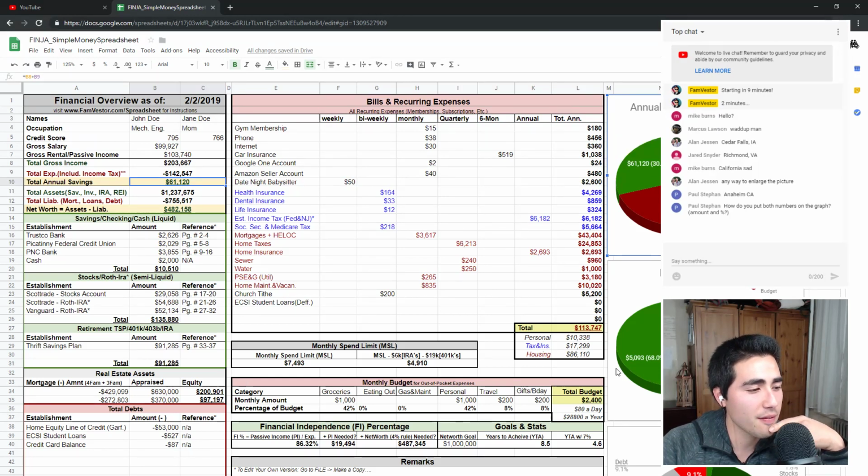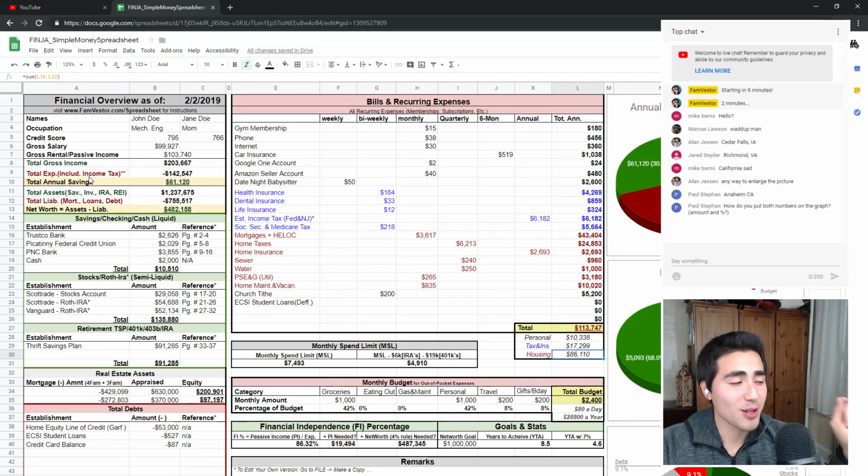But a lot of this you got to figure is actually housing expenses from our rental properties. $86,000, you can see I have a breakout here of the total based on personal expenses, taxes, and insurance, and housing. So a lot of that does come from housing. Anyway, I don't want to get too hung up on the little details, but here's your total assets.